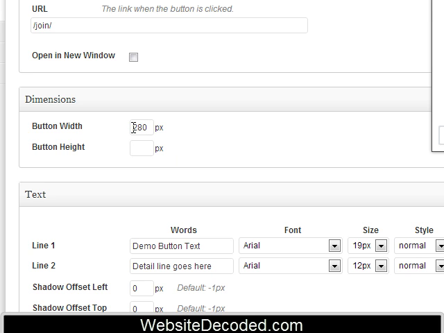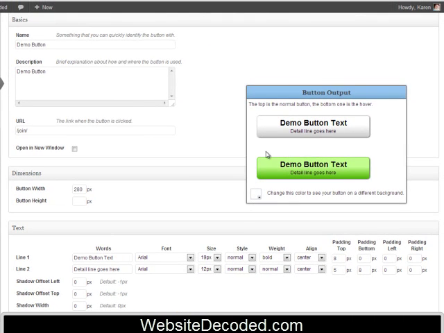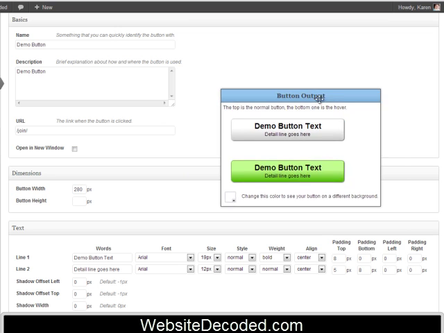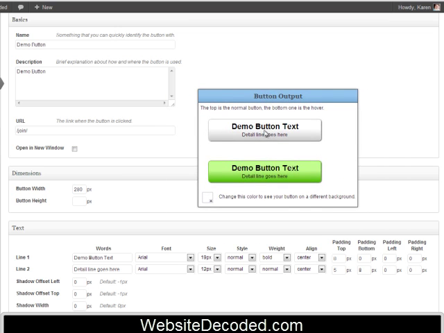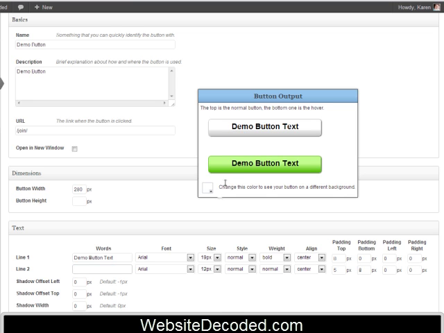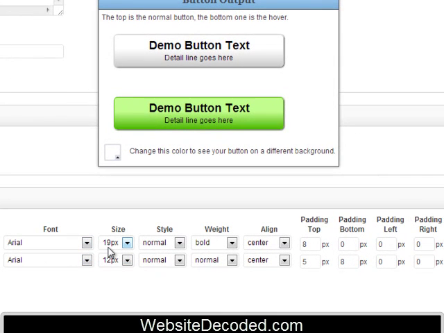We tend to do our buttons with a 280 width. It's this size and it looks pretty good. And as you can see here, this is a live demonstration of what your button will look like once you've finished with it. Again, we often do 2 lines, sometimes we do 1 line. If you just leave this blank, then the button goes back to being 1 line, and this padding over here determines how much space there is everywhere. So if I just put that back, and these are the sizes we typically use: 19, 12, bold on